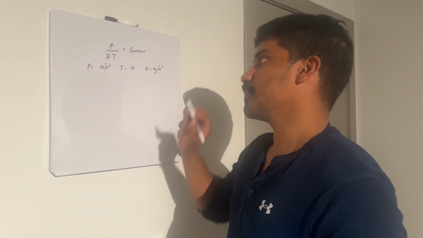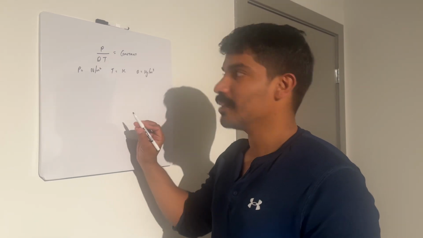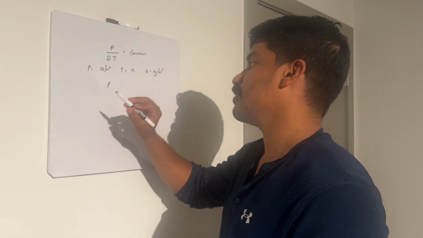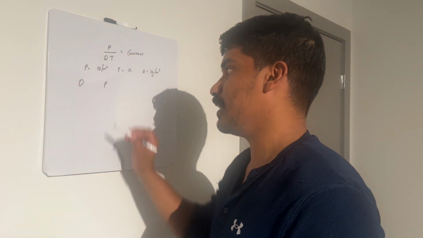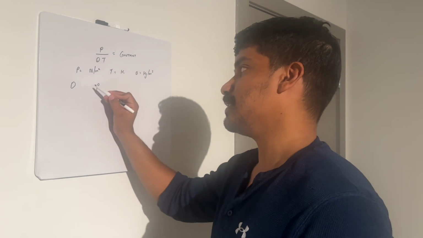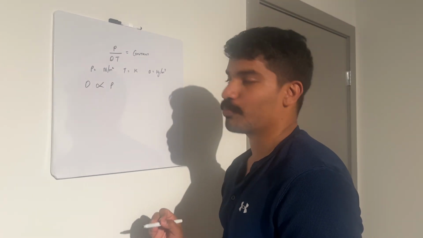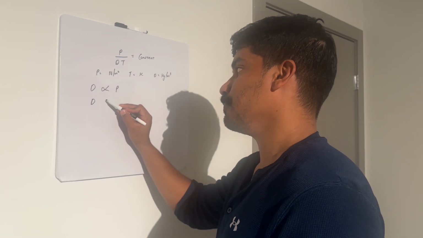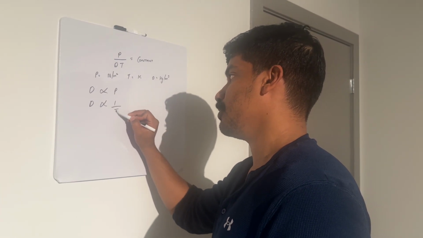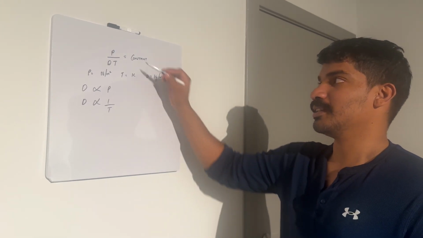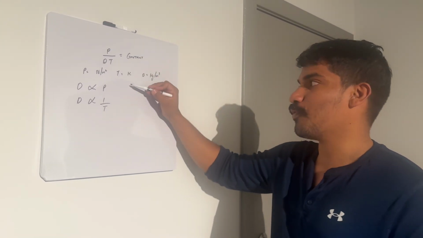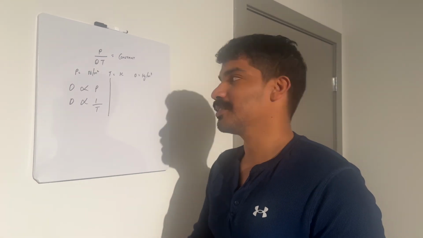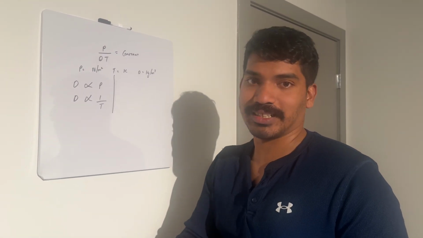So in this particular case we can also say that pressure, right? Okay, I'll actually relate everything to density. So density is directly proportional to pressure, right? And we can also say that density is inversely proportional to temperature, right? So how does that happen? I know most of you know this. Those who know this can skip the next, let's say, 1 minute.